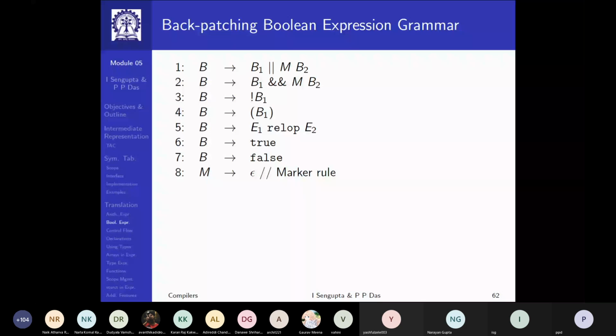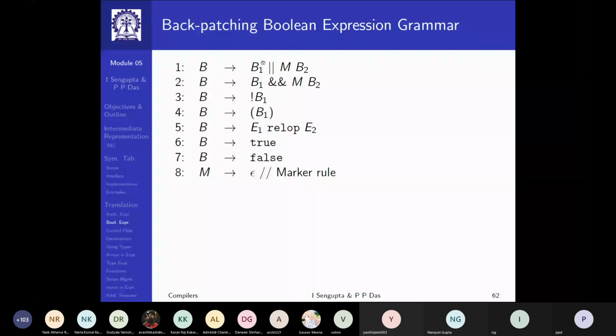Similarly, you have a set of quads in the B1.false list, which are the quads whose target must be filled up with the false exit. So this is the situation that you have.